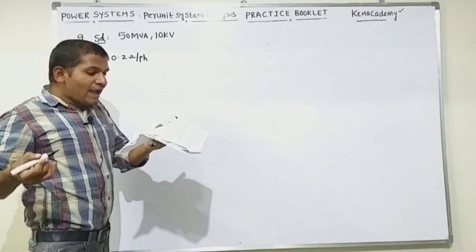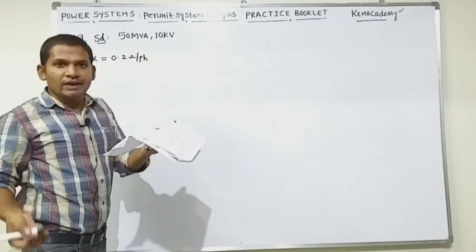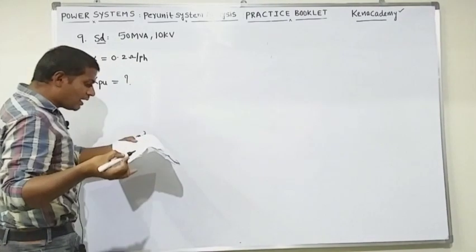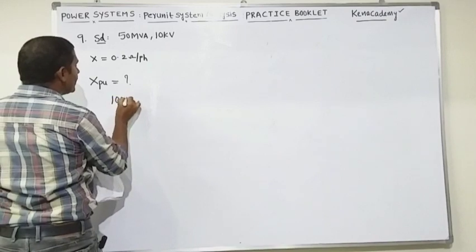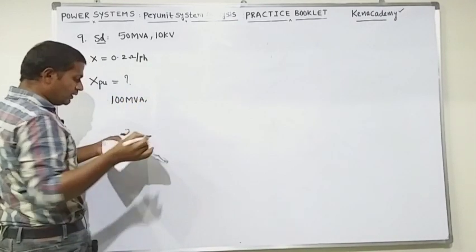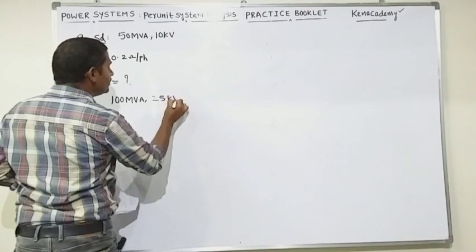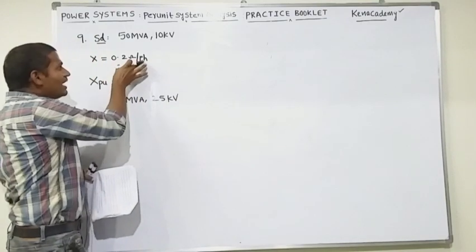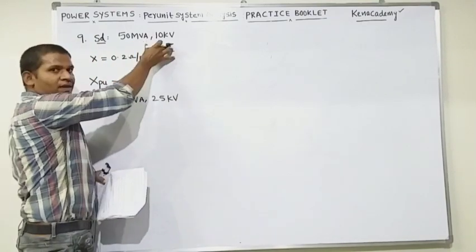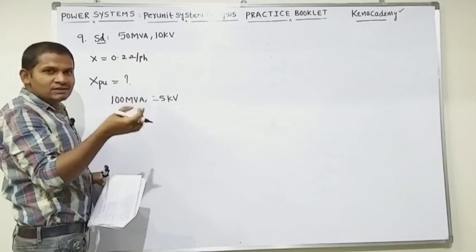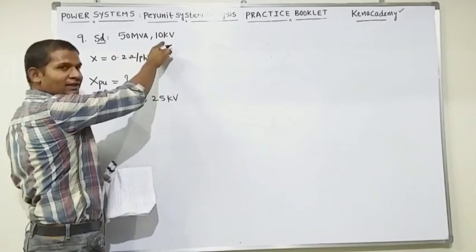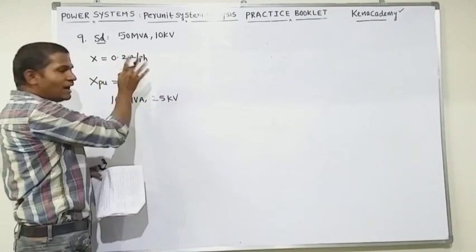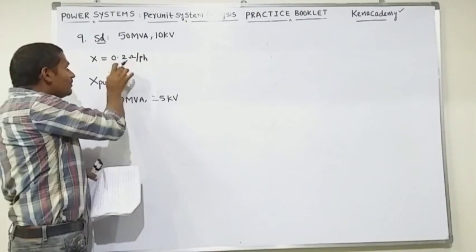Then the per unit value of the reactance on a base of 100 MVA 25 kV. Then you want to find the per unit reactance on the base of 100 MVA 25 kV. See students, here there is no conversion from one base to another base. That is not the problem here. Just the reactance is given, along with its rating. Now you want to find per unit reactance not corresponding to 50 MVA 10 kV. You want to find it for 100 MVA 25 kV. Clear? Given is not a per unit reactance. Clear? Given is the actual reactance.